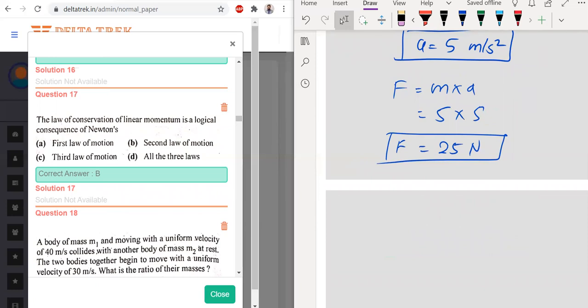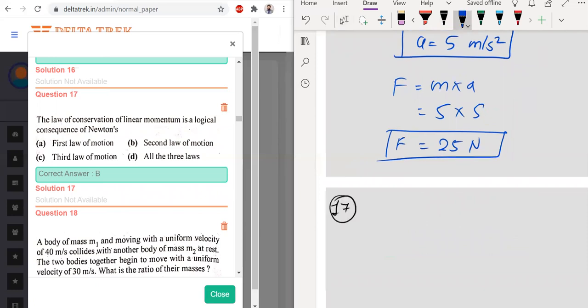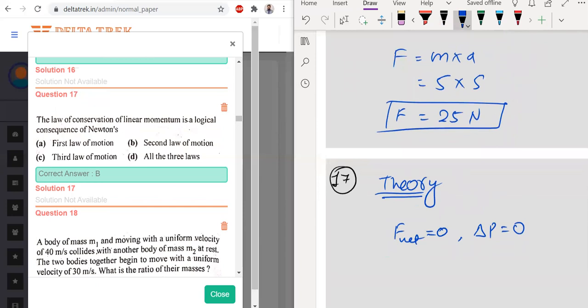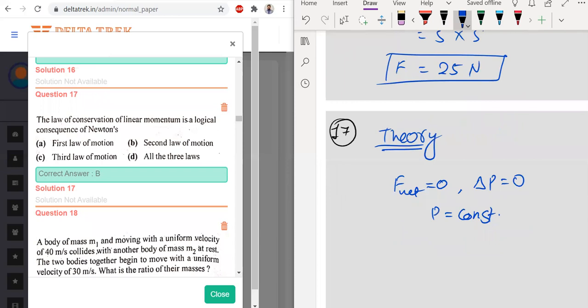17, the law of conservation is based on, so we already know the momentum conservation is based on force. It is a theoretical part, theory. When F net is equal to 0, there will be no change in momentum, which means p will be constant. So which law states this? Second law of